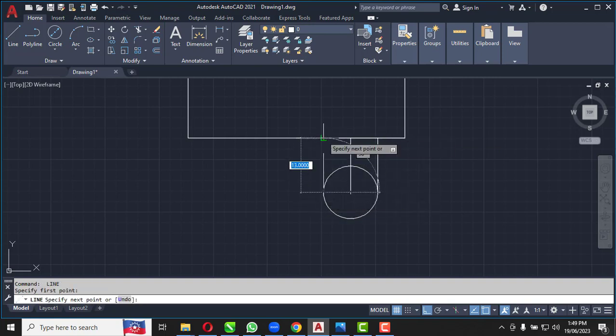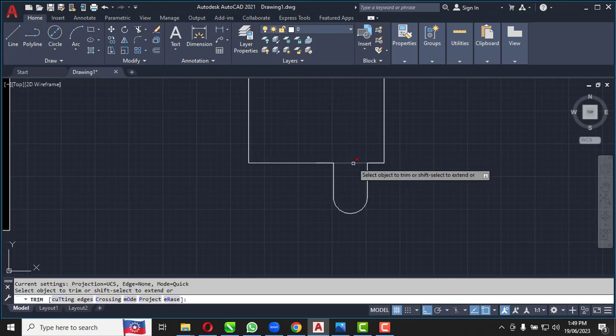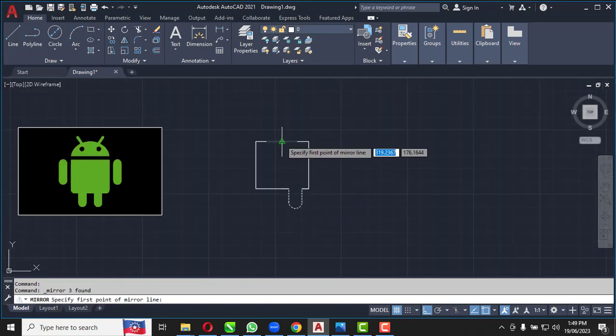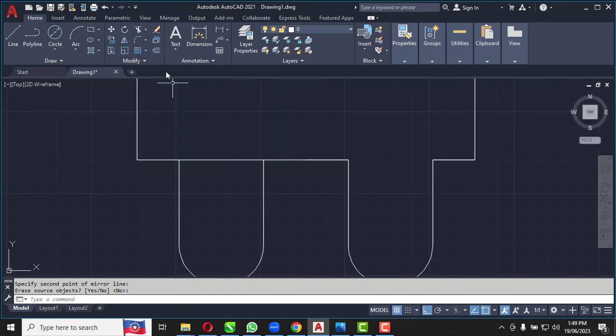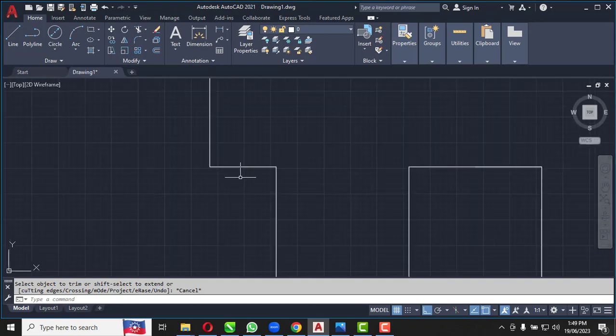Another line here to here. Okay, and this line, and trim this one and this one. Escape, trim again, trim this thing. Select this line and using the mirror tool, pick the mirror line here to here, enter, trim, and trim this one. Okay, now fine. Now I'm going to curve this one